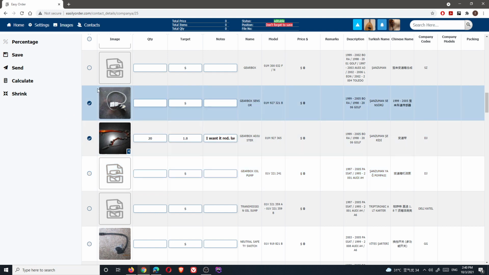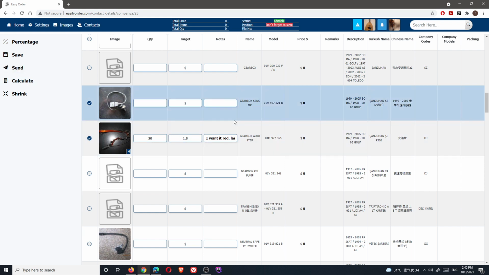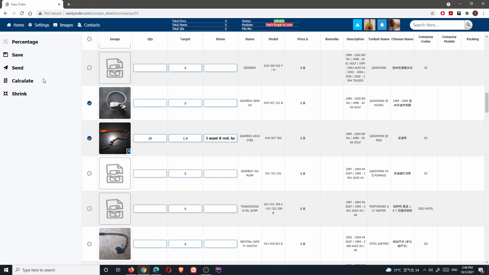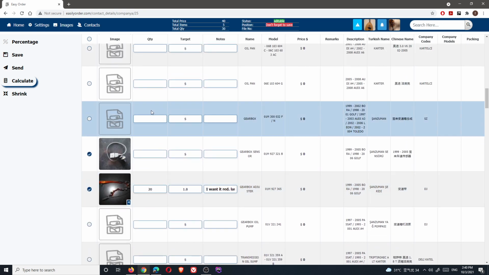It means that you keep the file as a draft file. Send button just directly sends to the other side, to the supplier. Calculate button, the selected items, when I click calculate button, as you see here, total price 40, it calculated on your quantity, on your target price, sorry, and total items 5, we selected 5 items, and total QTY is 30, as you see here, 20,